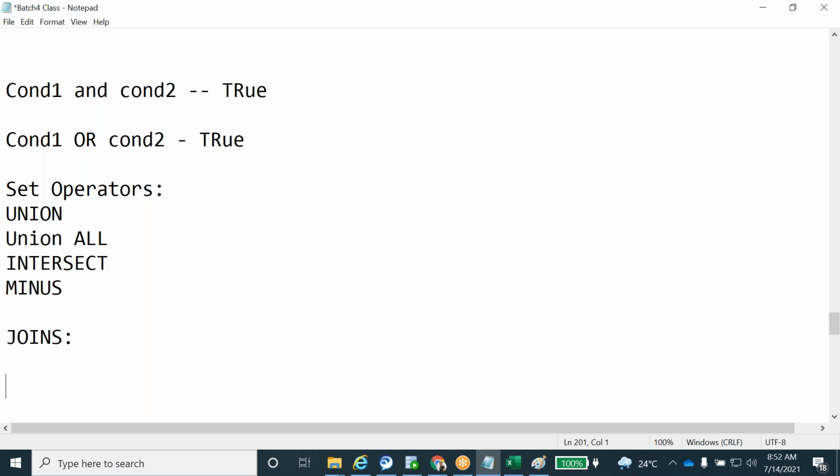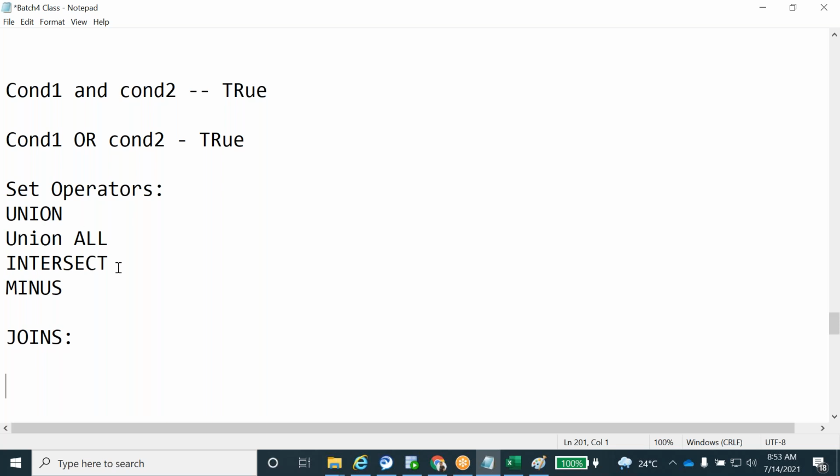So how to write the joins, and on which condition? It's a common column. Whenever we apply a join condition between tables, it checks for a common column between the two tables, which has to be there. Then only it will execute the join. But in set operators, we don't need any common data between the two tables.